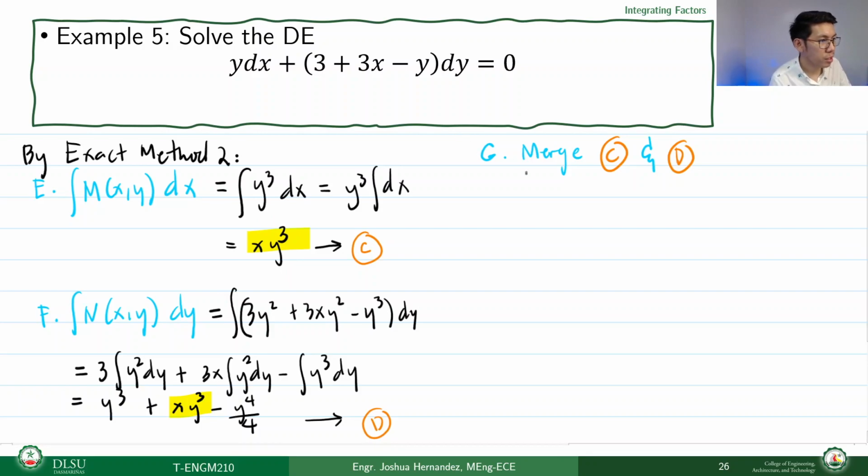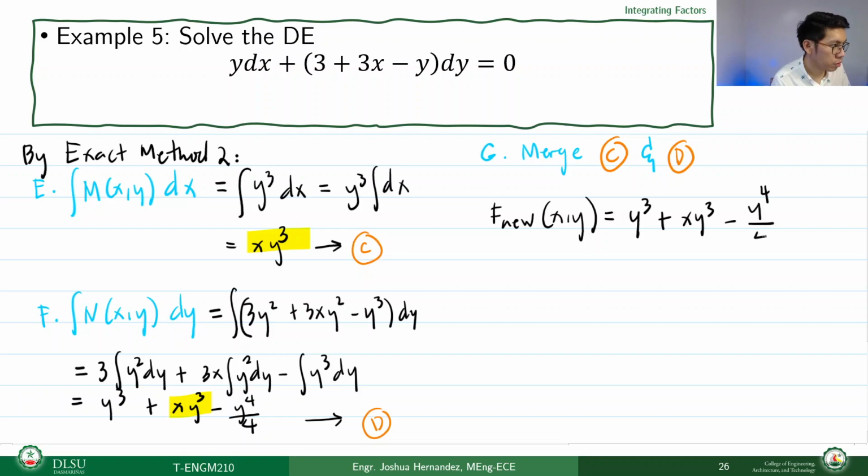So, merging the two, we'll have our new f(x,y) to be y cubed plus xy cubed minus y raised to 4 all over 4. And of course, forming the general solution,